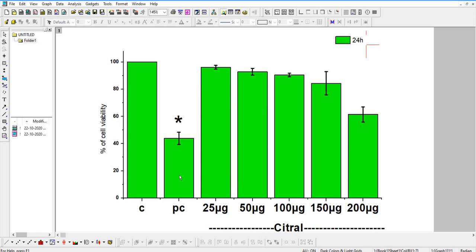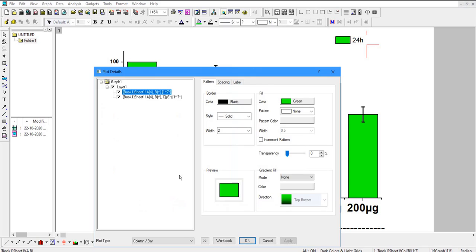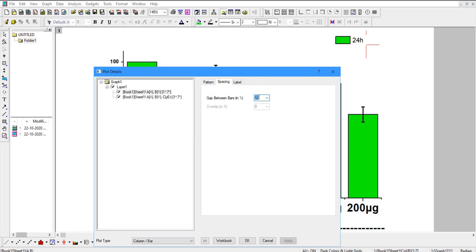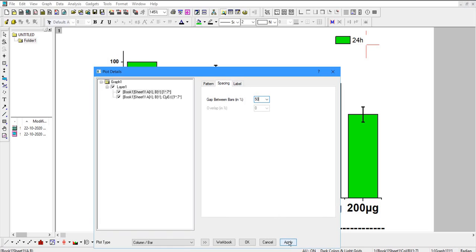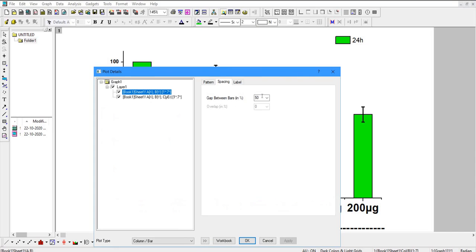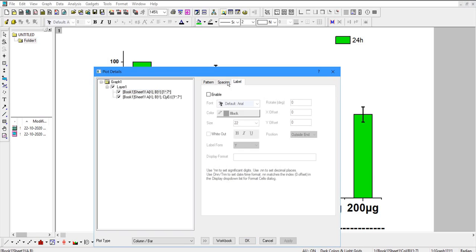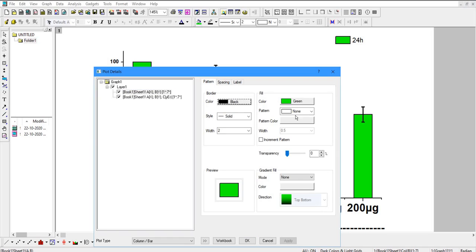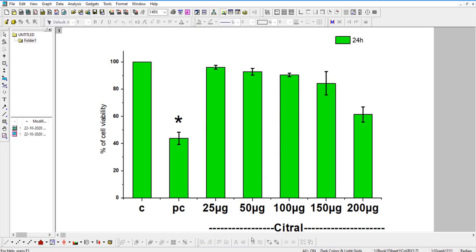And then you can reduce the size of the bar also. Press spacing, go to the spacing. If you increase the space, then a very lean bar will result. See, lean bar. So likewise, if you increase the spacing, the bar size will reduce. So labels, spacing. See, and now you can use the lines.